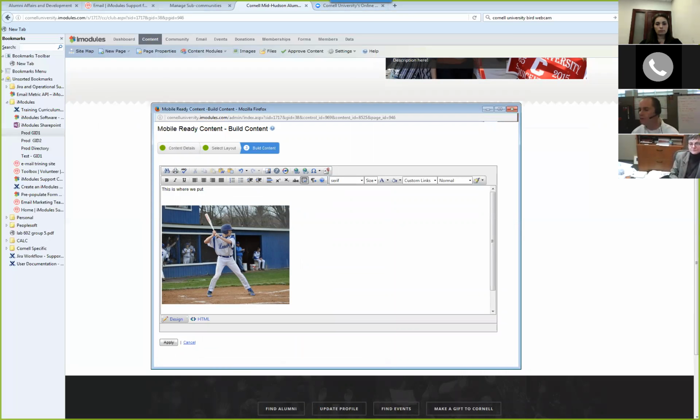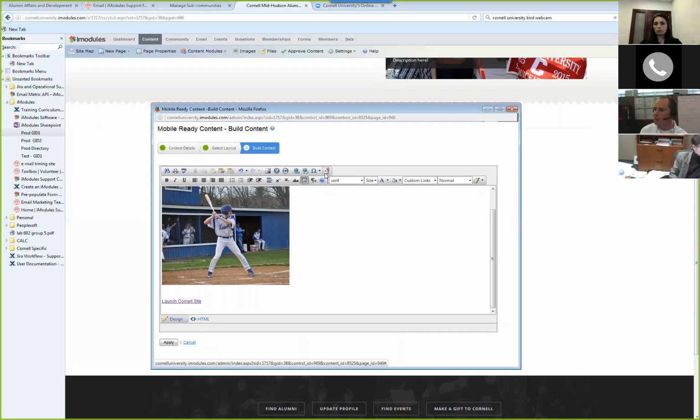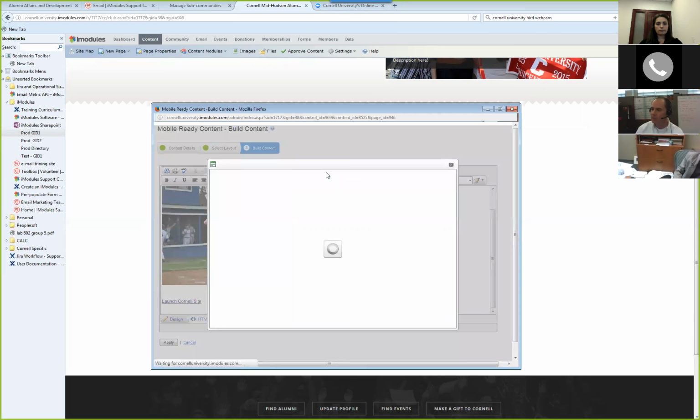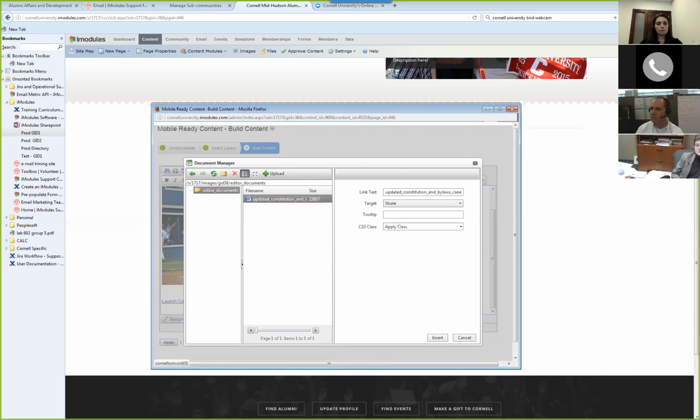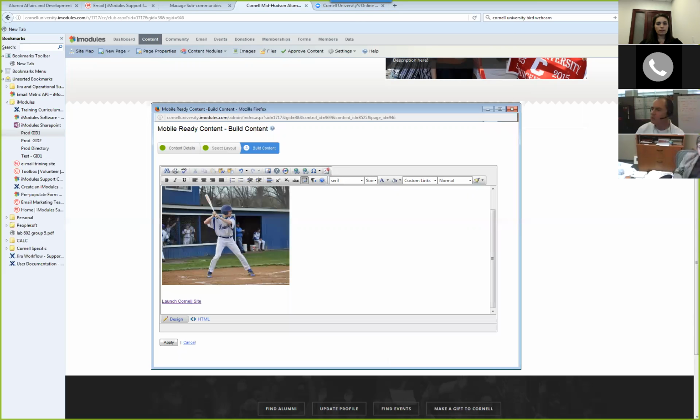Now, one other nifty thing we can do here is this little button right here, Document Manager. I'm going to show this again a little bit later. But say if you had bylaws, you had a web document that you wanted to just share instead of cutting and pasting, this will allow us to launch a document manager that looks just like the image manager, and I can upload in images. And then when I say insert them, it will put in a link so we can open up. I'm going to show you in a second how that's deployed, but I just wanted to show you there's lots of cool little things we could do here.